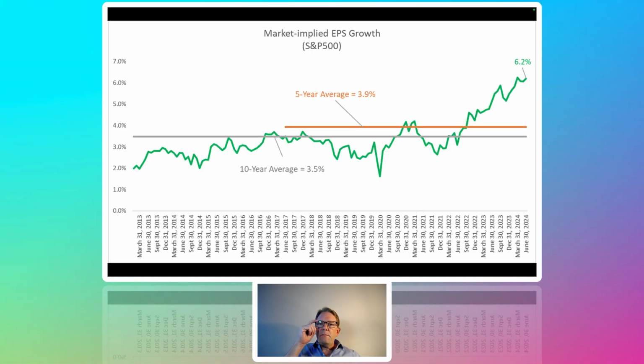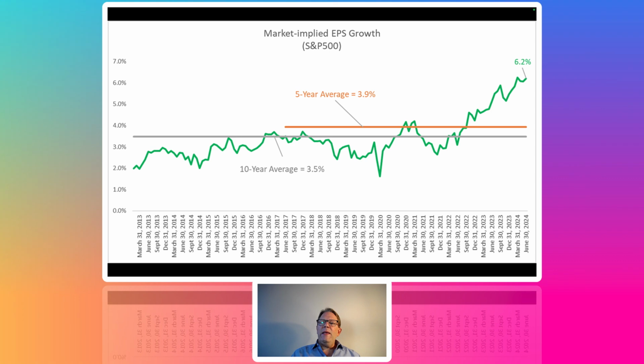All right, so here's the market implied EPS growth rate for the S&P 500. And you'll see that right now it's at 6.2% in perpetuity, earnings growth rate for the S&P 500. What we're paying for right now is 6.2%, which I think is interesting to tease out. Now, what's really kind of cool is if you go look at October of 2022,